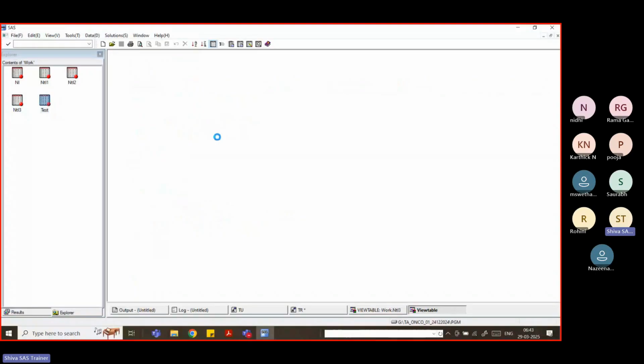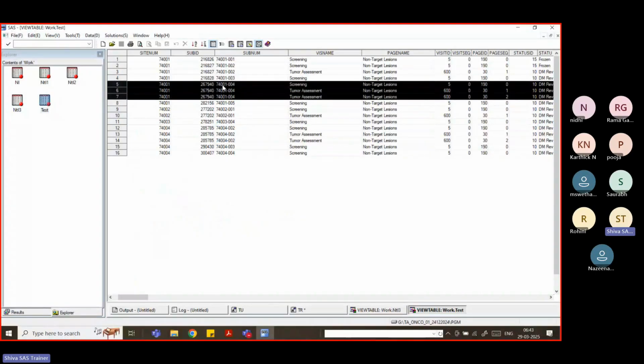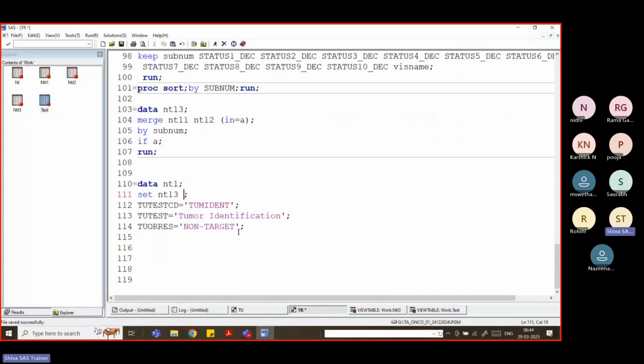One is a screening record, and the other two are the tumor response. So again the first record should be set here. NTL3, so n equal to something like R. And next, the raw data set, the NTL information